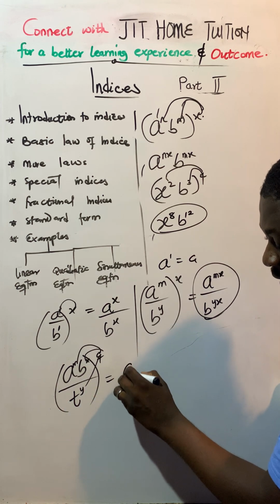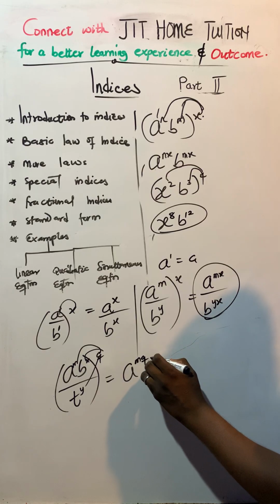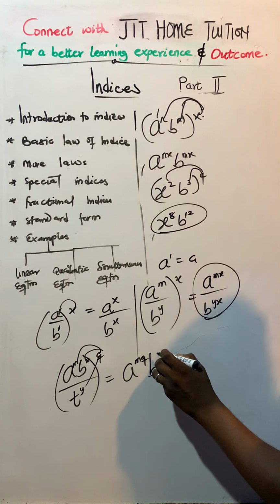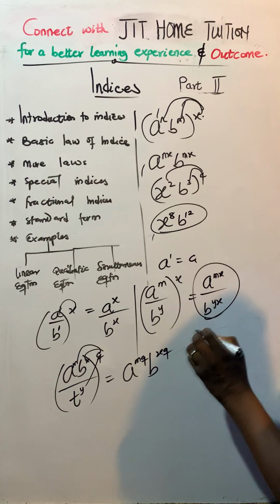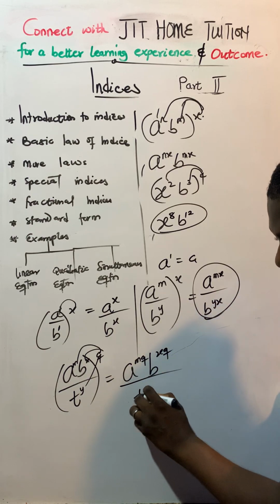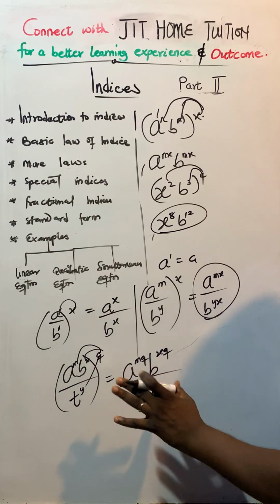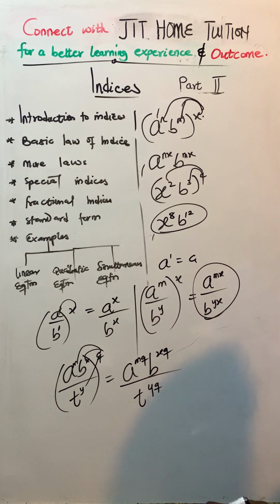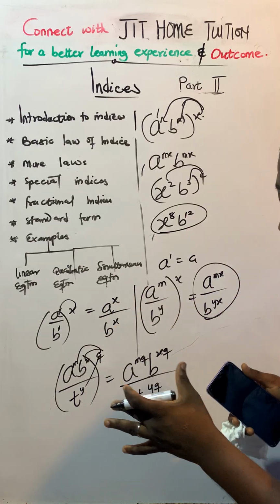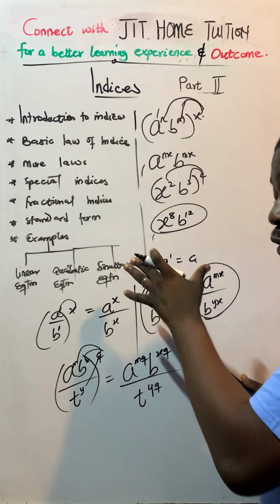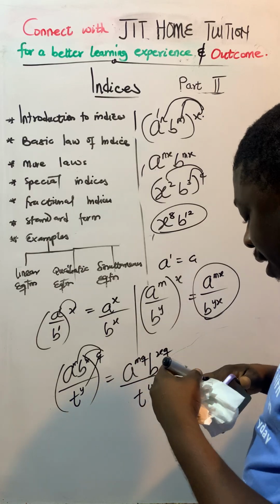So you have a exponent mq, all right, multiplying b exponent xq. Then you have t exponent yq, this way. All right. So these are some of the few principles of law concerning indices that I want you to know. Let me try and add